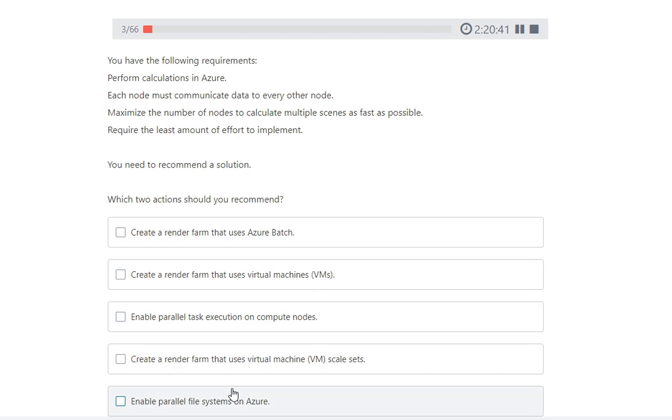We need to choose two answers. The first answer is to create a render farm that uses Azure Batch, and the other answer is to enable parallel task execution on compute nodes. When we enable parallel task execution, we will get the desired output.